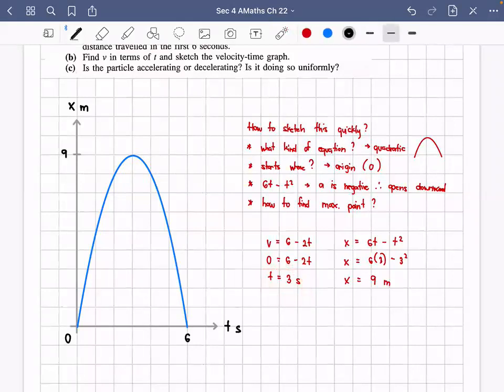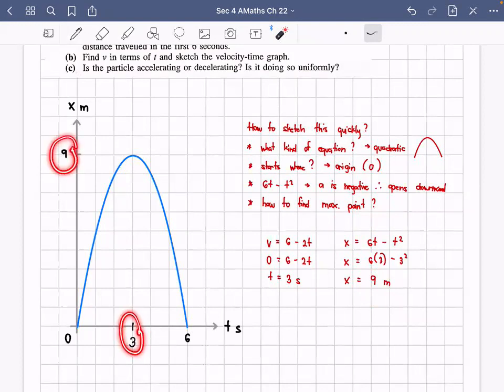So let me label that here. This is 3 seconds. That's why the graph is like this. But how high is the maximum point? Or what's the displacement of the maximum point from the origin? With that, you're going to use the displacement function. I just plug this 3 seconds here, and then you'll see that it's 9 meters. So it will reach its maximum point at 3 seconds at